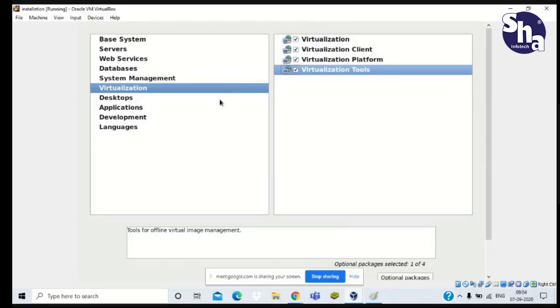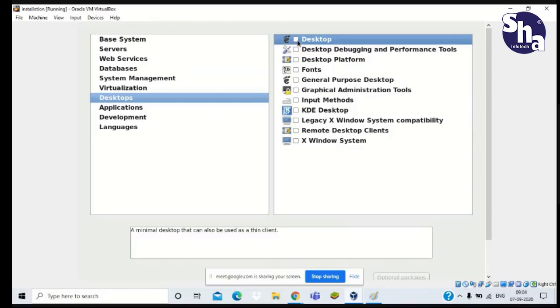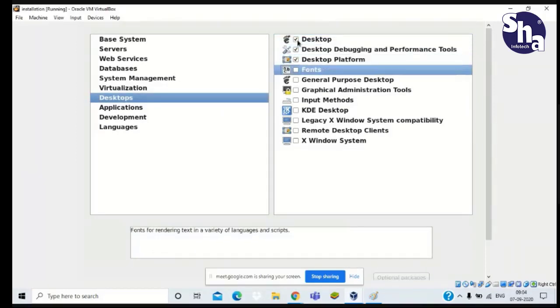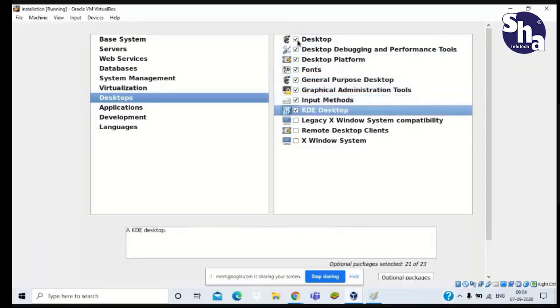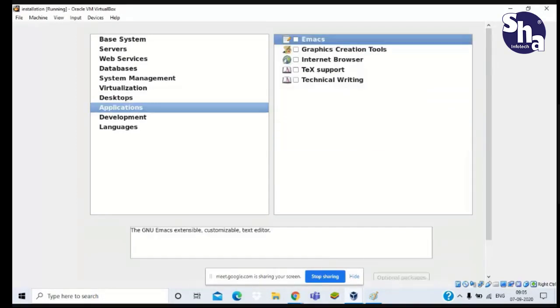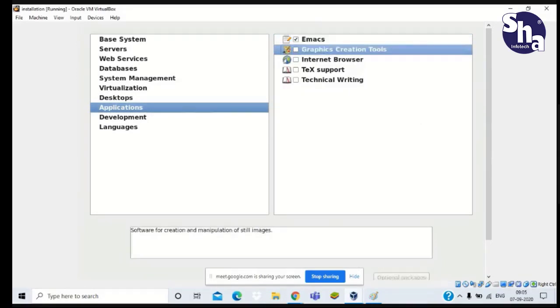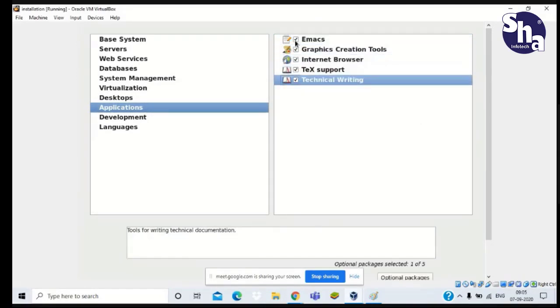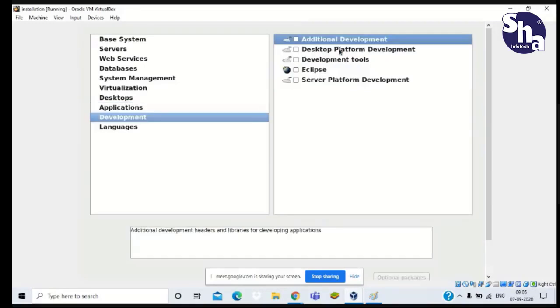Next, desktop. This is for our OS. Next, application. Next, development.